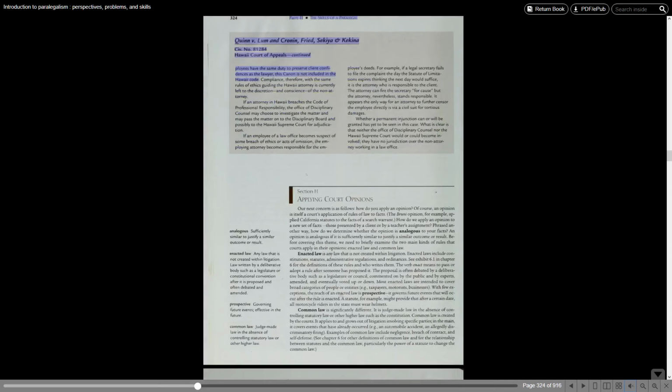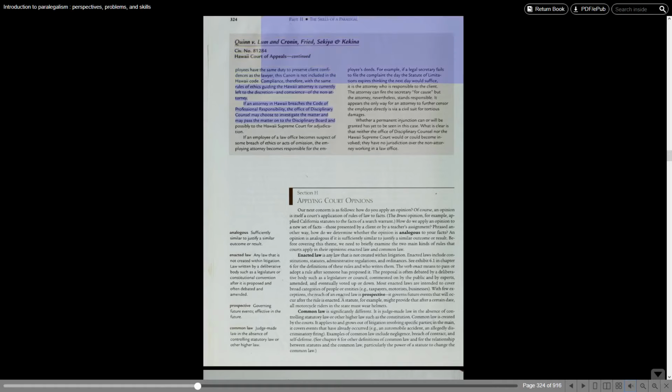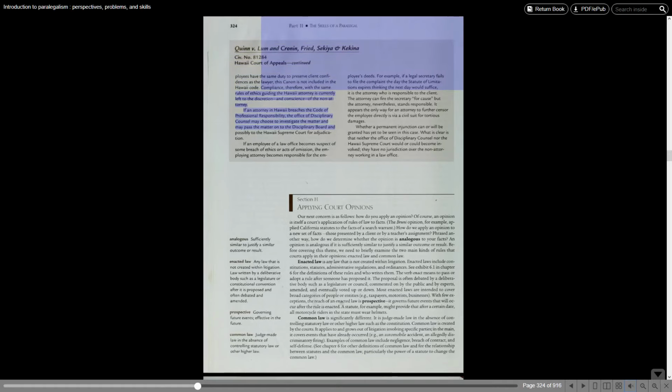skills of a paralegal, Quinn v. Elum and Cronin, Fried, Sekiu & Kekina, Civ. No. 80, 1284, Hawaii Court of Appeals, continued employees have the same duty to preserve client confidences as the lawyer. This canon is not included in the Hawaii Code. Compliance, therefore, with the same rules of ethics guiding the Hawaii attorney is currently left to the discretion and conscience